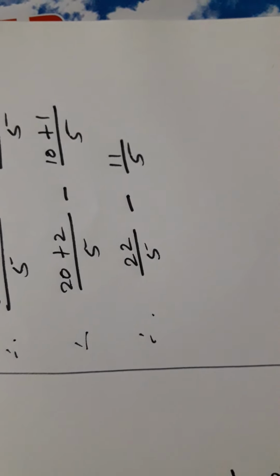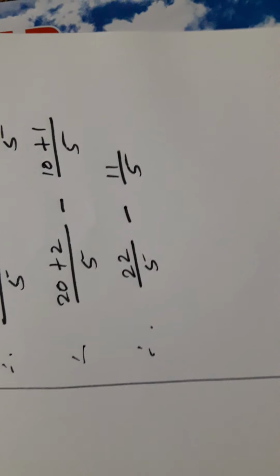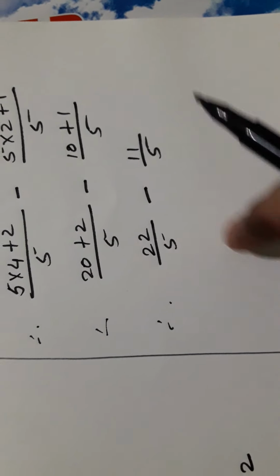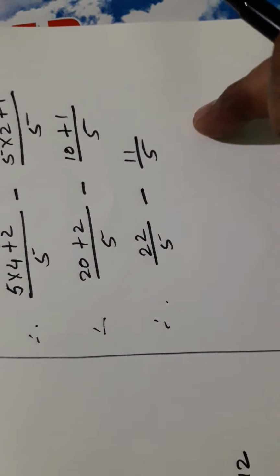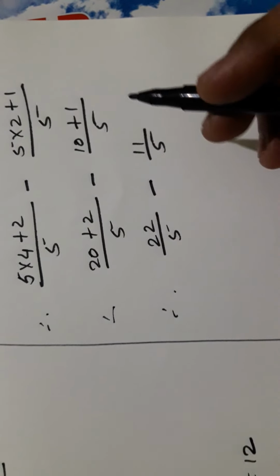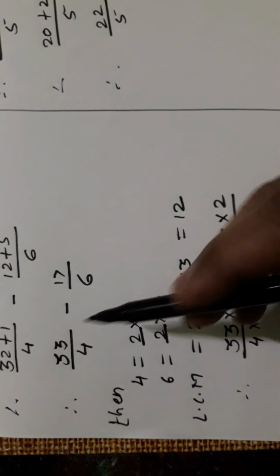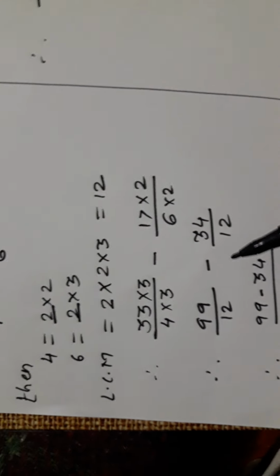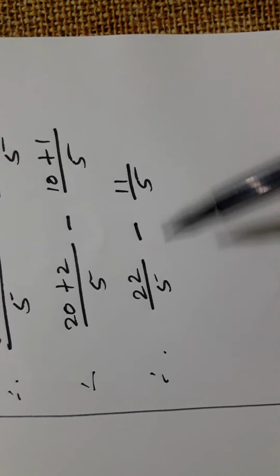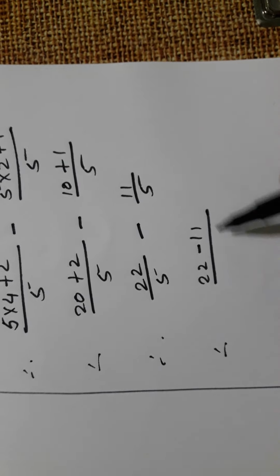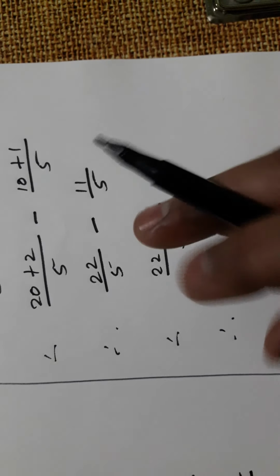Now you see here. Some of you may think that we have to find the LCM. Is there any need to find the LCM of the fractions which we got here? See, for what purpose are we finding the LCM? I will show you once again. Earlier, denominators were different, that's why we made those denominators equal. But in this question, denominators are already equal. That's why directly you find 22 minus 11 divided by 5. Therefore, no need to find the LCM.